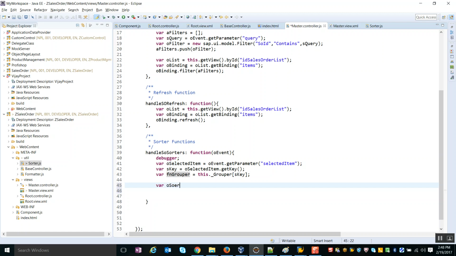So I'm going to create this sorter where I make use of this class new sap.ui.model.Sorter, which takes three parameters. What is the field for which I'm going to do the sorting? That information I already have in the key, where I have used the same name as the property. And then the second parameter is whether you want to sort in an ascending or descending manner. I wanted it in an ascending manner, so I will give it as false,